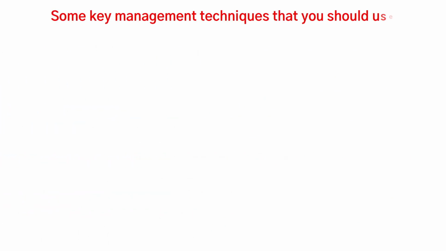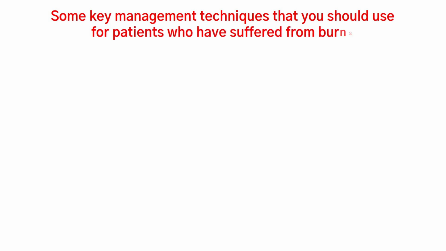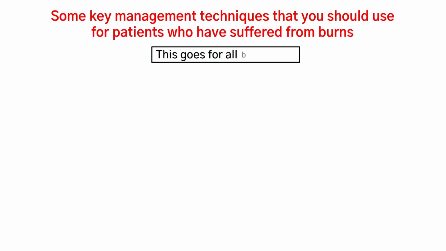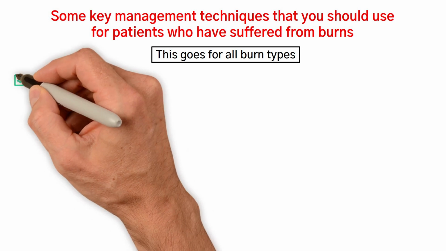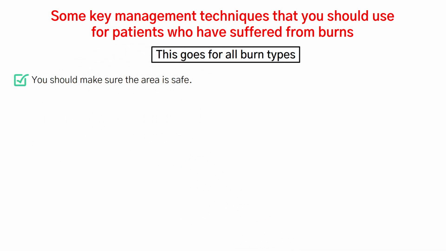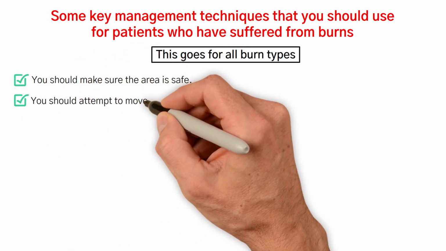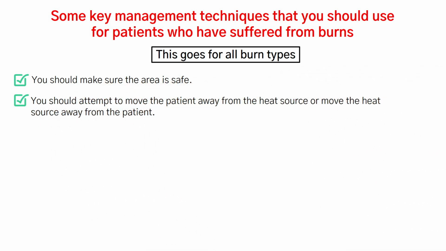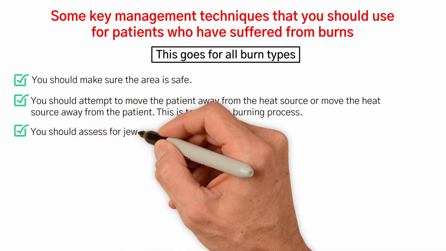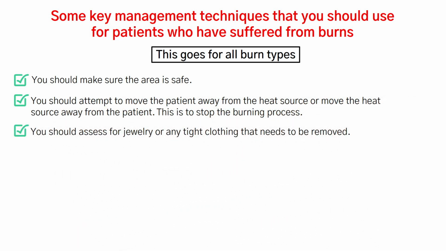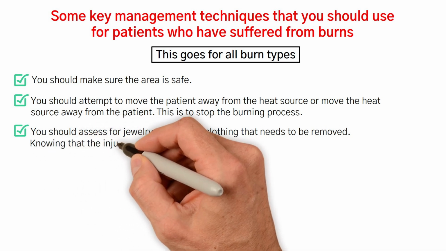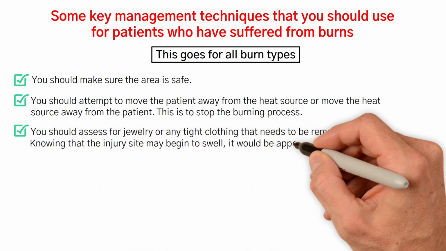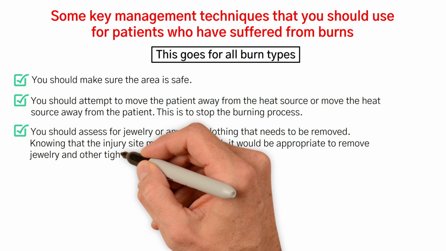Let's talk about some key management techniques that you should use for patients who have suffered from burns. This goes for all burn types. First, you should make sure the area is safe. Second, you should attempt to move the patient away from the heat source or move the heat source away from the patient. This is to stop the burning process. Next, you should assess for jewelry or any tight clothing that needs to be removed. Knowing that the injury site may begin to swell, it would be appropriate to remove jewelry and other tight clothing